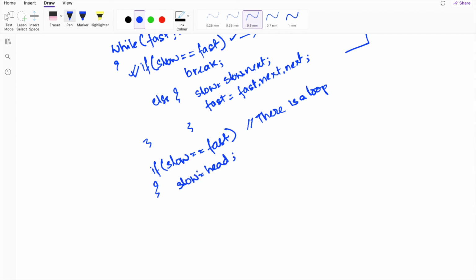Now, until the address next to the slow pointer and the fast pointer doesn't match, we will keep on iterating. So we will write a while loop: while slow.next is not equal to fast.next, we will keep moving both pointers at their normal speed.